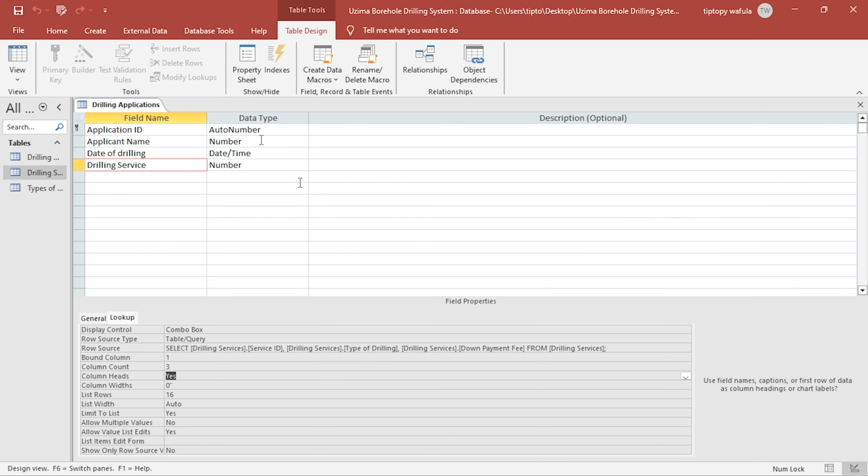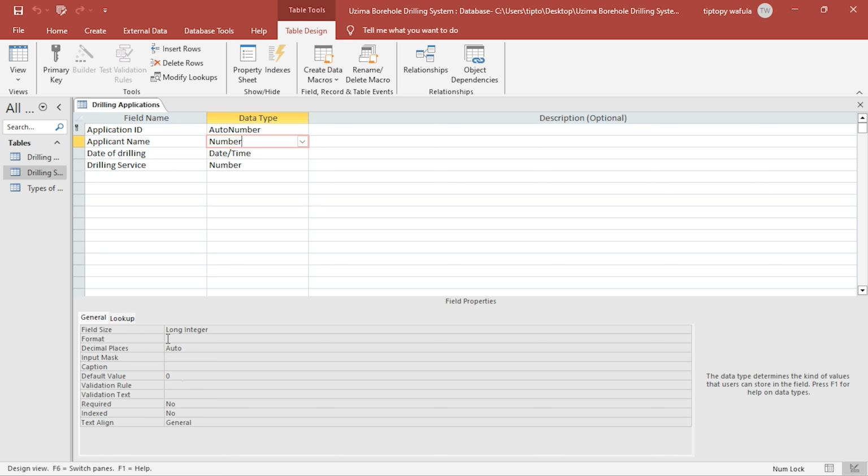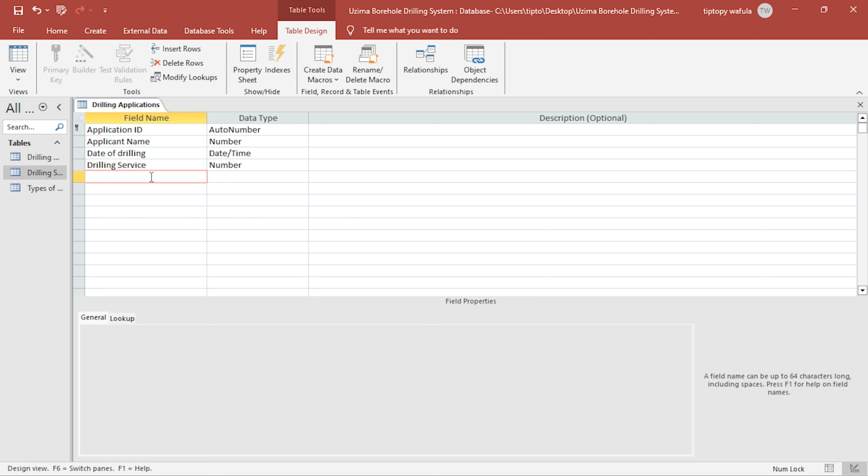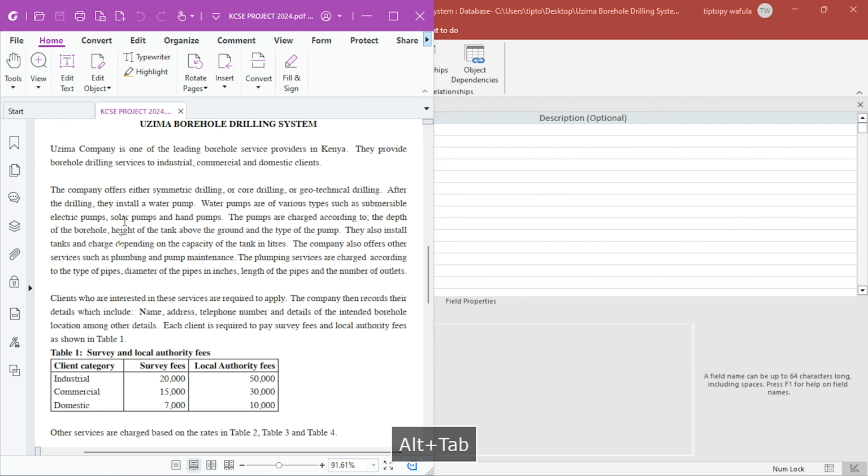So here, first thing first, we need to remove this default value. So I'll just create a client table, then do the same for the applicant ID. So let's proceed with the table. Once we have the drilling service, the next column we might need is from the question. It also needed